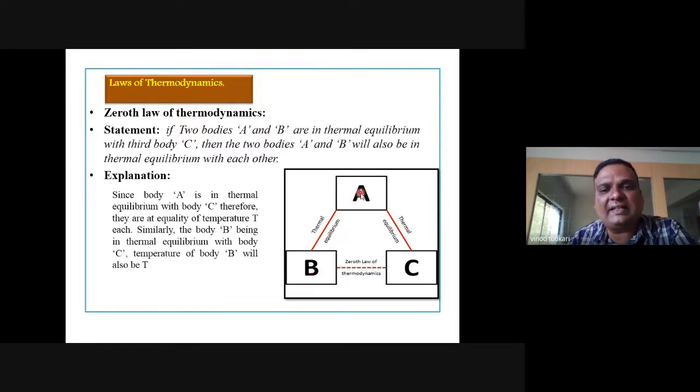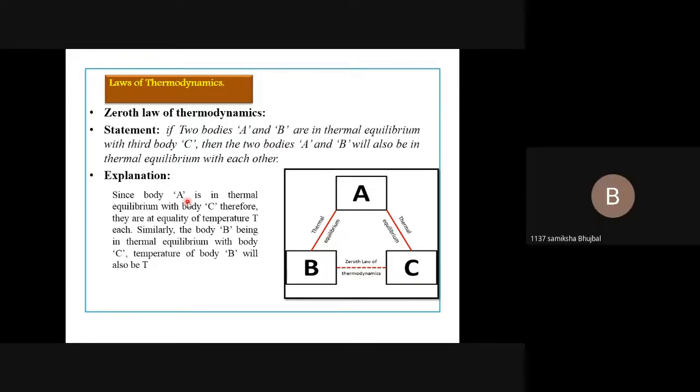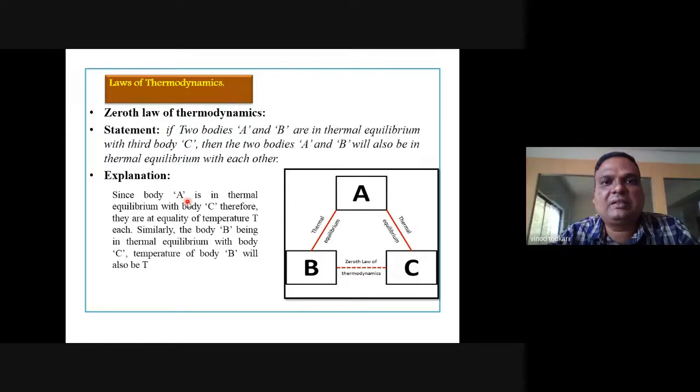If two bodies A and B, now in the figure, what I have done is taken B and C. So if two bodies B and C are separately in thermal equilibrium with a body A, then these two bodies are in thermal equilibrium with each other. So tell me very honestly, is the statement as well as explanation of the zeroth law of thermodynamics clear to all of you? Yes, sir. Okay. So see, it is very simple. If two bodies are separately in thermodynamic equilibrium with a third